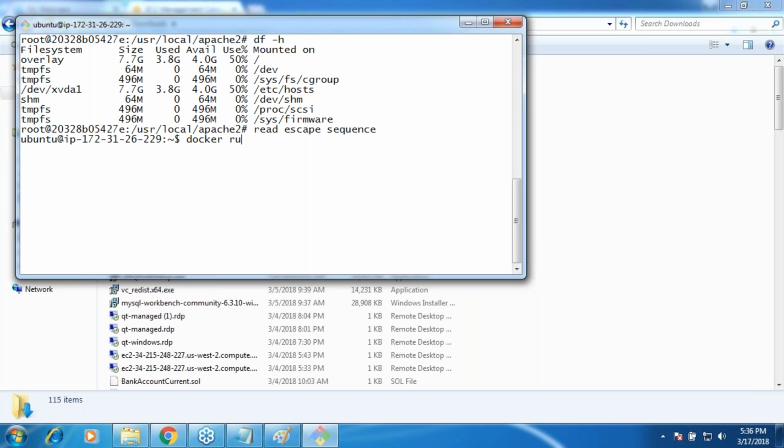docker run. I'll be using the same command -p. Let me use 8080 now because there is already one container running on 80. I can't use port 80 of the same host machine.